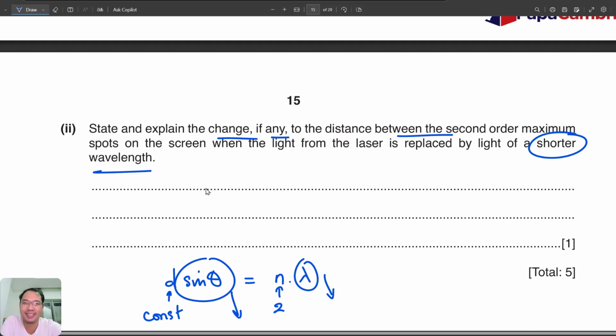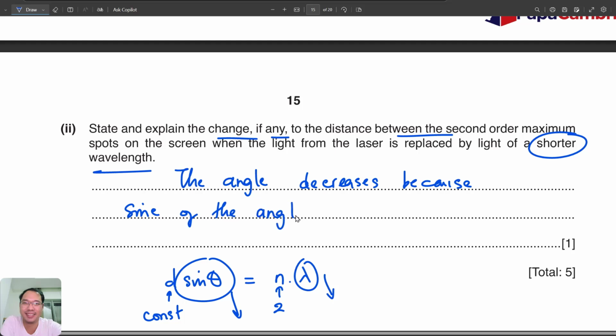State and explain: the angle becomes smaller, or decreases. Because according to the formula of the diffraction grating, the sine of the angle at which the second order maximum spot is determined